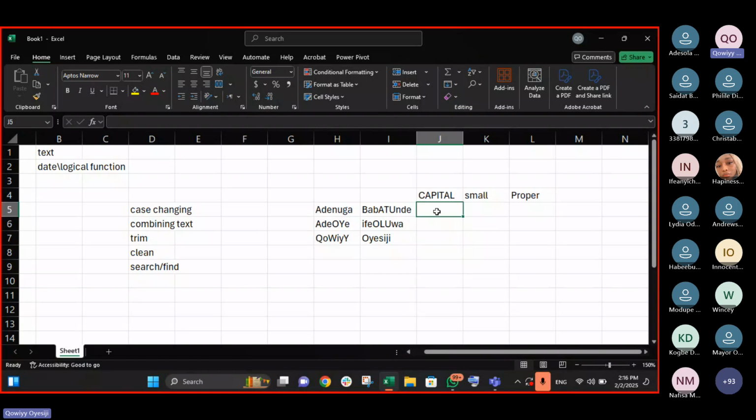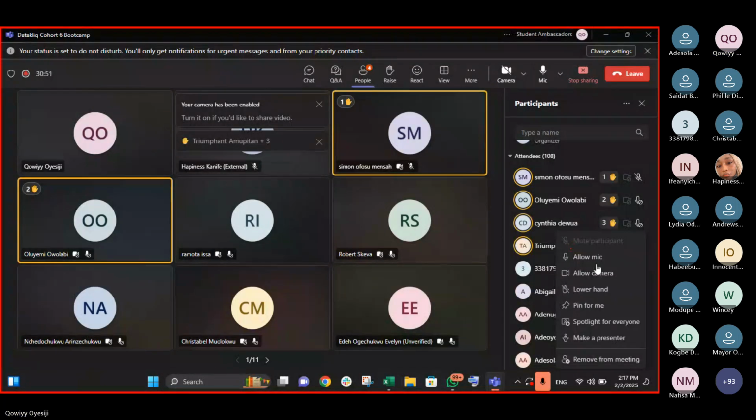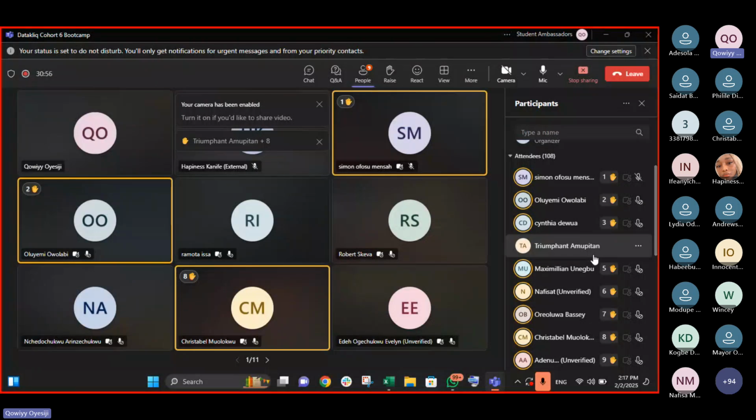What's the name of that function? We call it the Upper function. So who can tell me what I will use in calling out a function? Cynthia, you have access to the microphone now. Just unmute yourself and answer the question. What will I use in calling out a function?